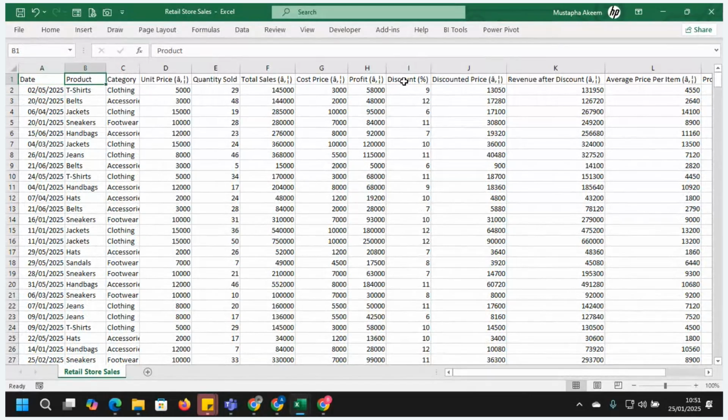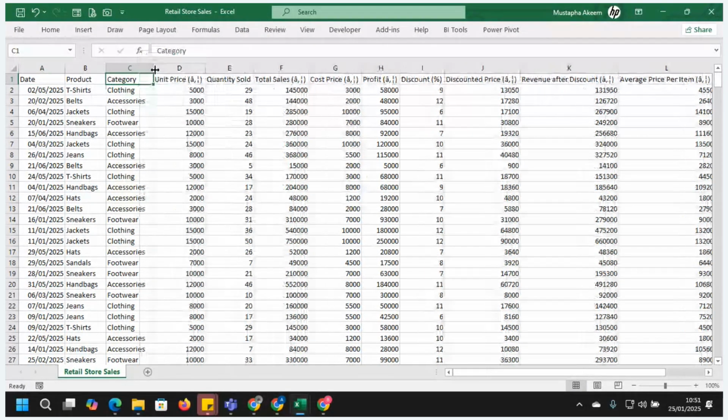I just got this data set this morning, and here it is for our use. So when you say there's no data to practice with, you have millions of data sets out there for you to practice.